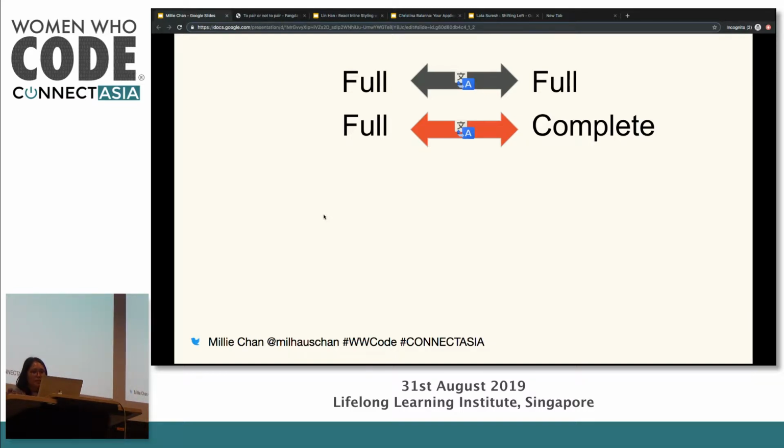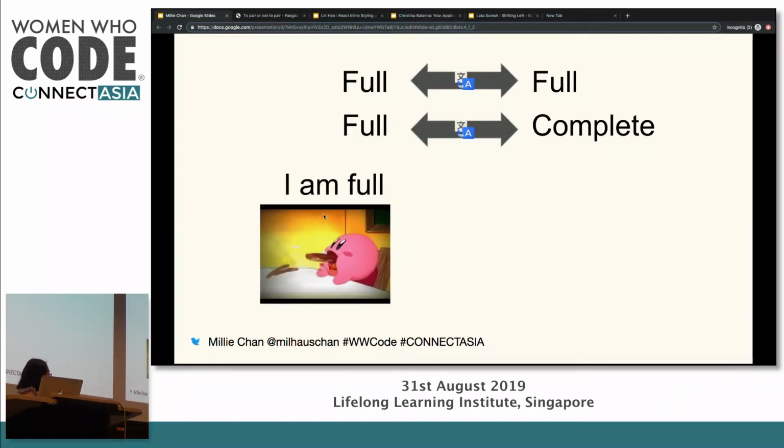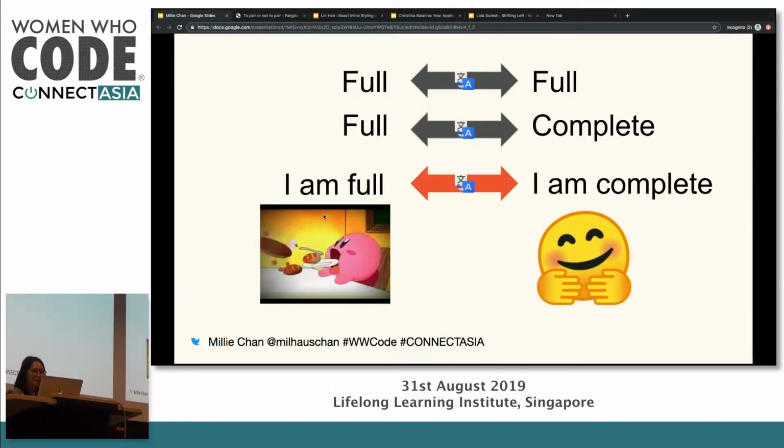So even if we take a step back and not look at the technical context of it, if we were to say, I am full, to talk about how much food I've eaten at the hawker centers here, we're speaking in the context of being hungry, right? So we're not hungry anymore, but if I use the word complete here, I'm not talking about the context of being hungry. I'm talking about like, I'm so complete, I no longer have existential dread. And I'm not talking about how much food I've consumed. So hopefully that's enough proof that you shouldn't rely on machine translations.